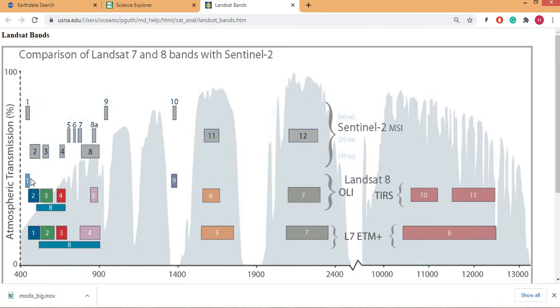The length of this horizontal bar represents the wavelength range. If it is narrower, it means its wavelength range is narrower. We have seen this from our previous website, where we were studying the information of Landsat 8. One narrow blue band, one wide band, then green, then red band. You can see its red band is narrower compared to this one.